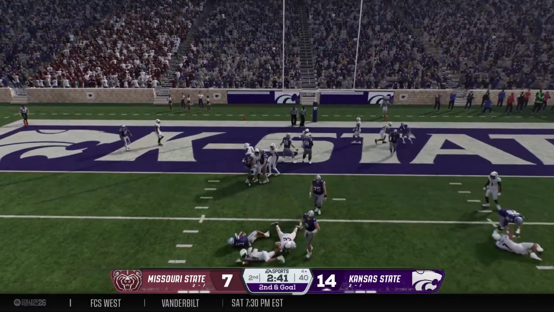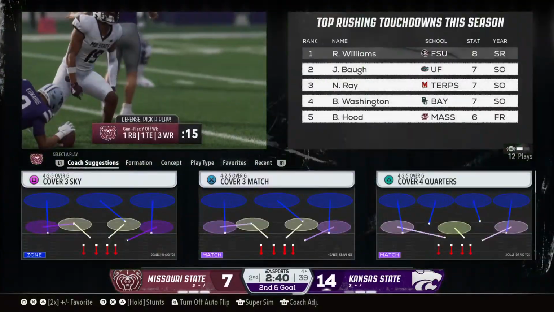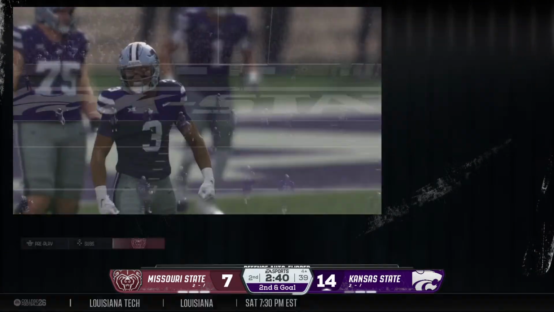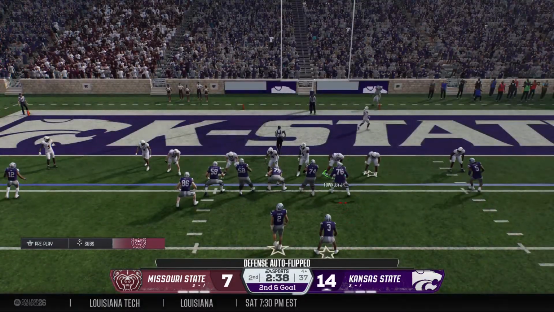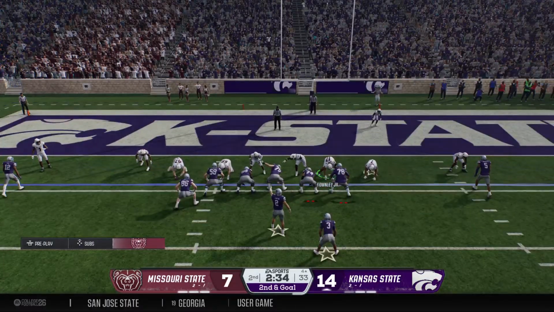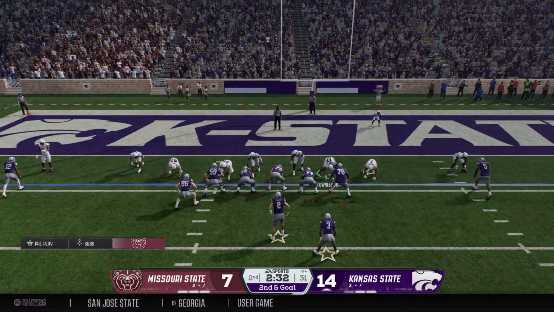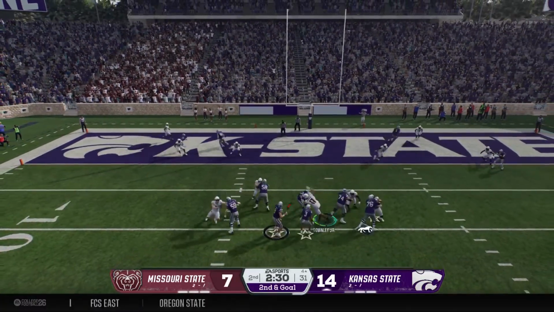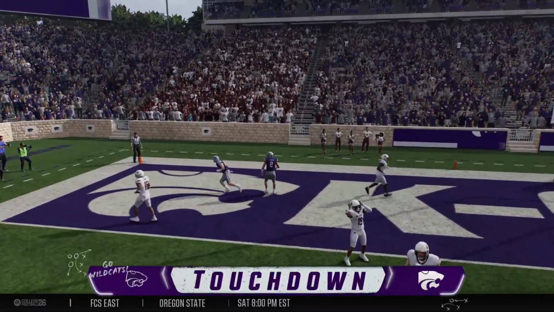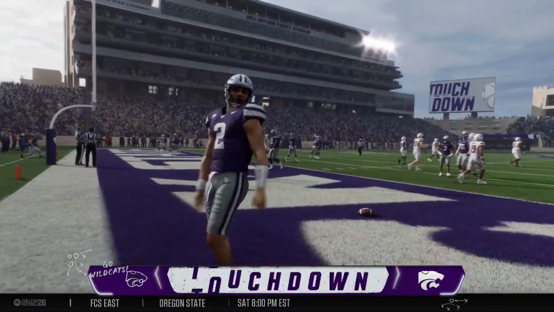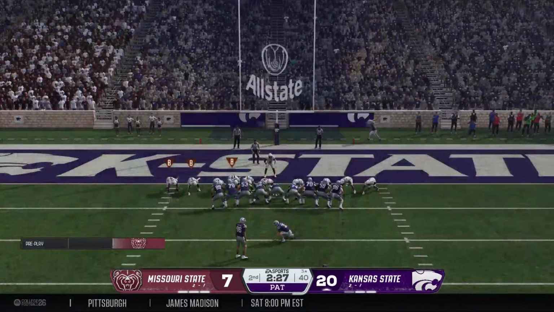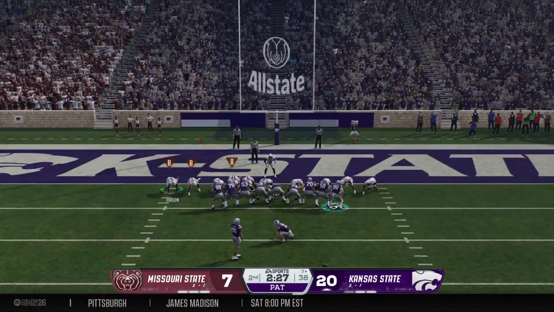And the Wildcats pounded the rock to move the sticks, now back to work. Keeping it on the ground on 1st and goal. And he never had a chance, just stopped cold as soon as he got it. Can the defense stop them again on 2nd and goal? Johnson looking to throw. Quarterback adapting. And he'll step into the end zone. Touchdown, Kansas State. He didn't see anyone open. Said, no problem. I'll take care of it myself.